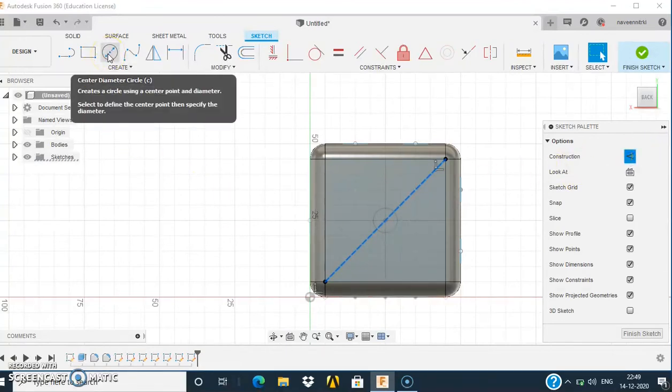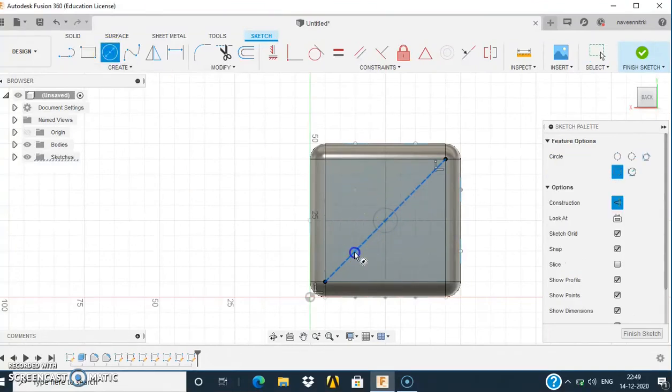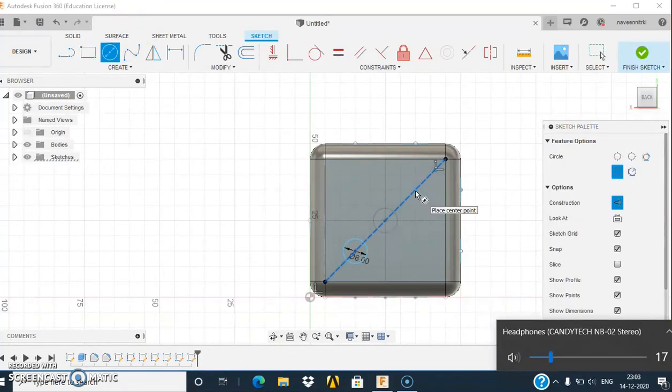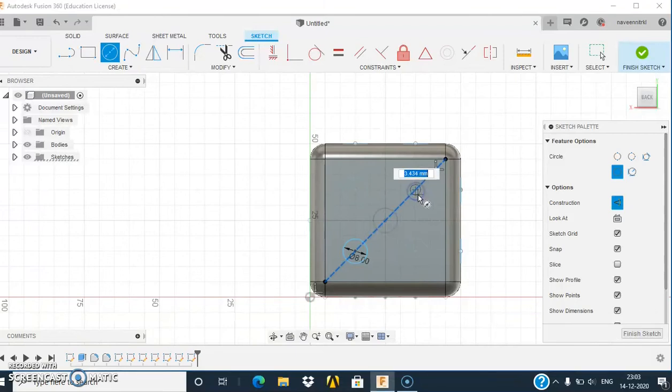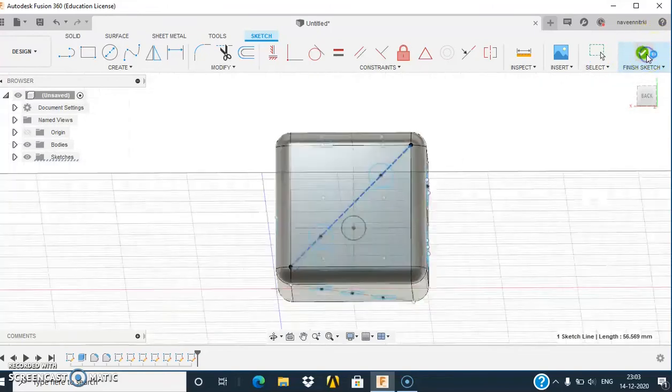Then I am selecting here the circle command and draw a circle of 8 mm. Now I am drawing the second circle of 8 mm diameter. Now I have created all the circles on all the faces. Now I finish the sketch.